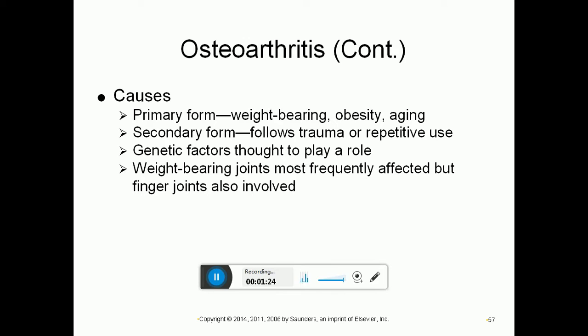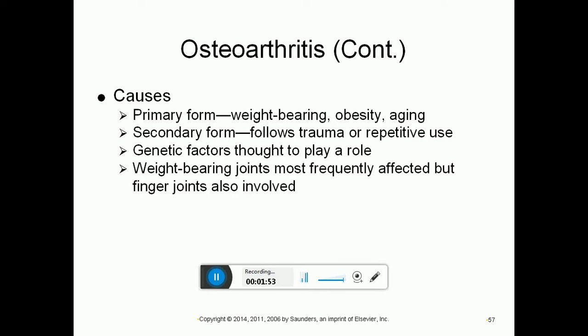The causes of osteoarthritis: the primary cause again is the normal wear and tear. The incidence increases with obesity and with increased age. The secondary form, though, that tends to happen at an earlier age, is after a trauma or repetitive use of the joints,